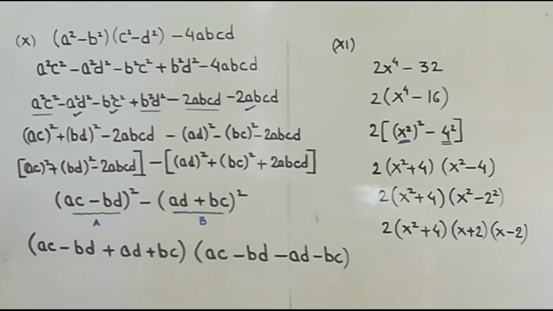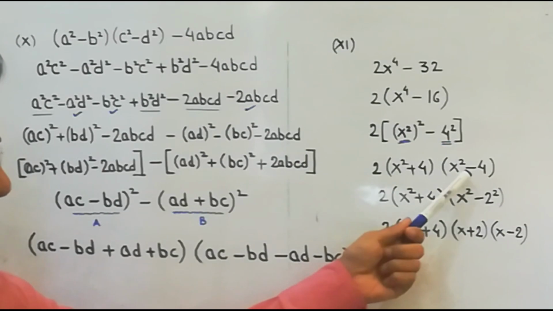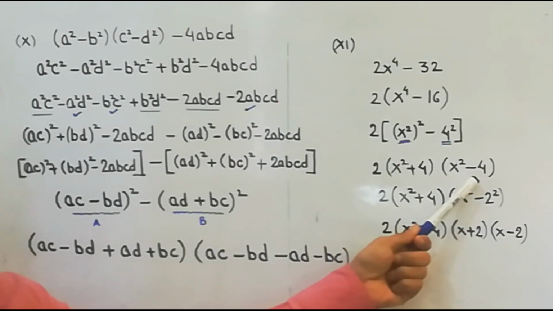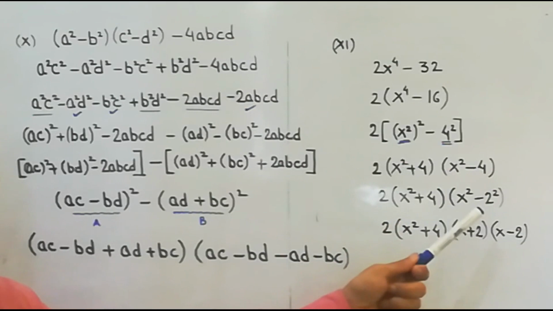So you can pause and note down this one. See, once we converted it into difference of 2 squares and applied the formula a plus b, a minus b, then again we can see this one can be converted into difference of 2 squares. So we converted into difference of 2 squares and we got the result. So as many times as you can convert the two terms into a difference, you keep on converting and applying the formula. So here we did it twice.